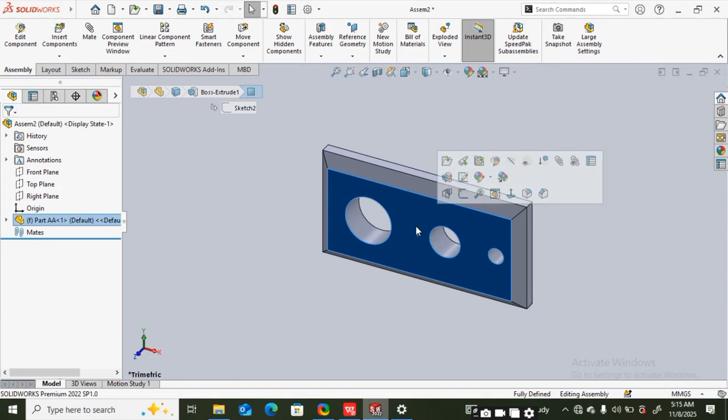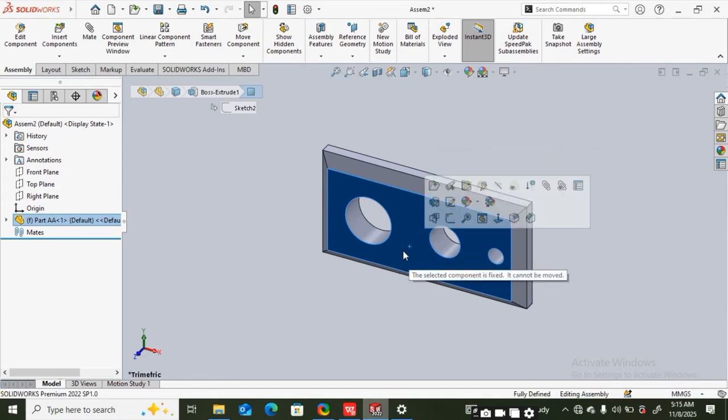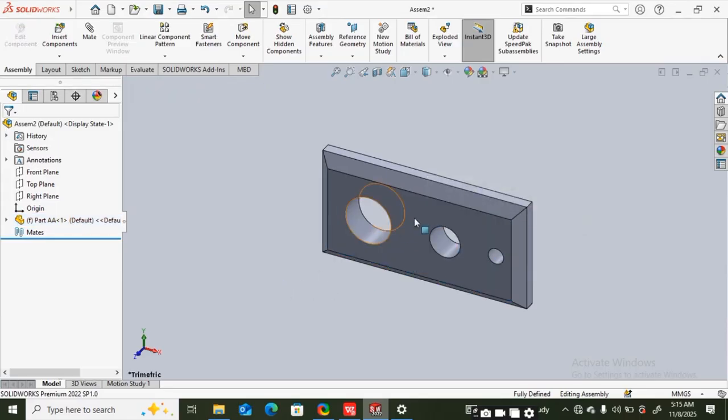So by default, we cannot move this component, but you can change the default setting to make it move. Normally I would have left it like this, but for demonstration purposes, I'm going to make sure that